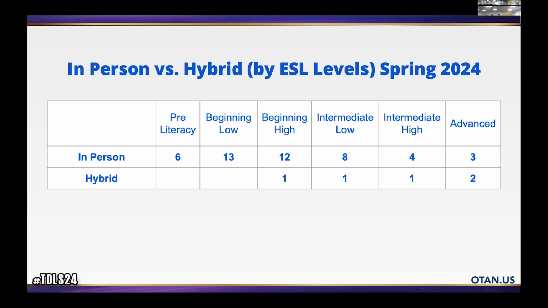And to help our hybrid teachers, we use Friday morning as the collaboration time with their peers, so they can talk about the problems they have, because this is new to us. This is the first time we try the hybrid classes with OTAN's help, so we really want to make it work. So every Friday, the 5 hybrid teachers get together and talk about their achievements and also the problems that they have, so we can help each other.